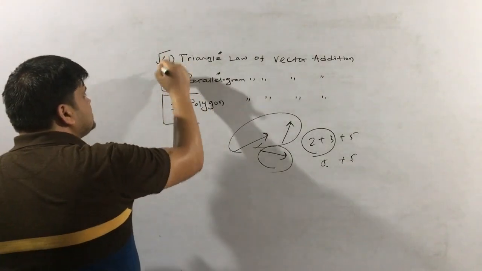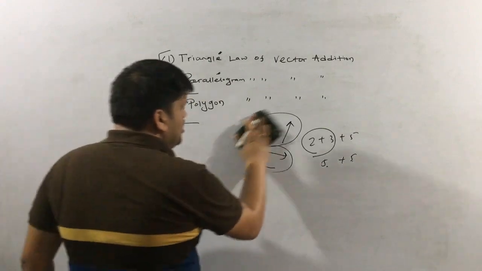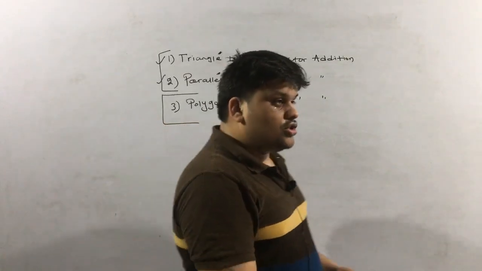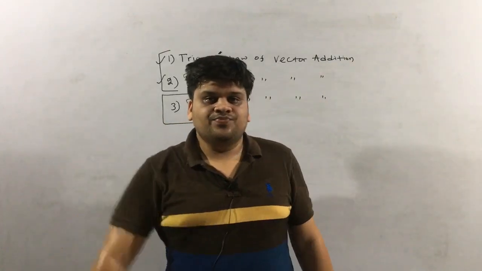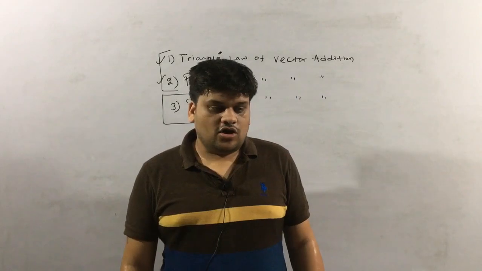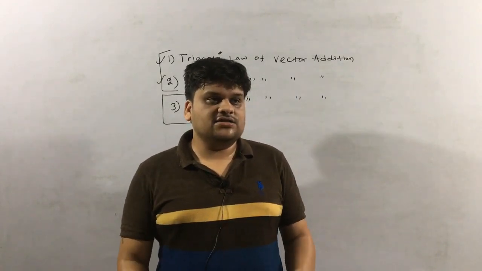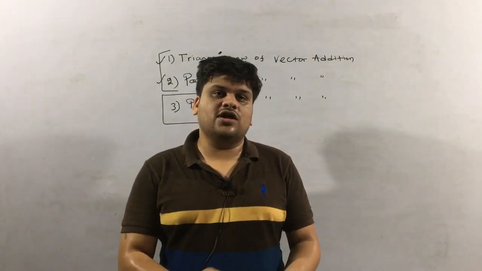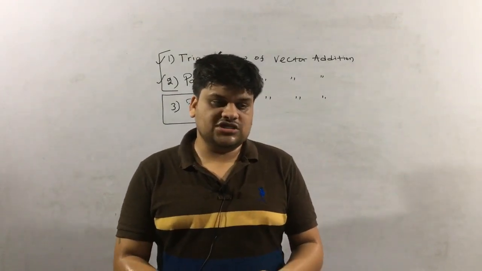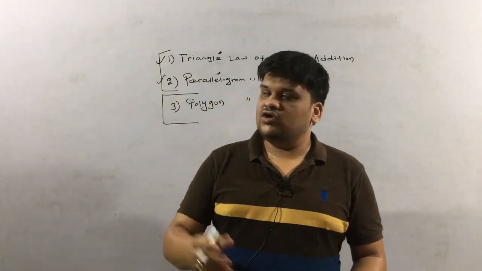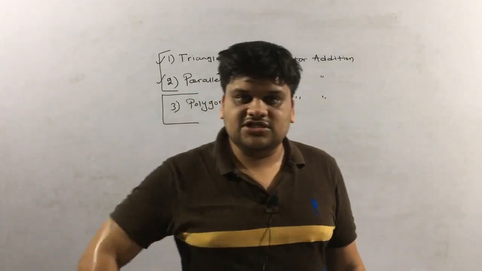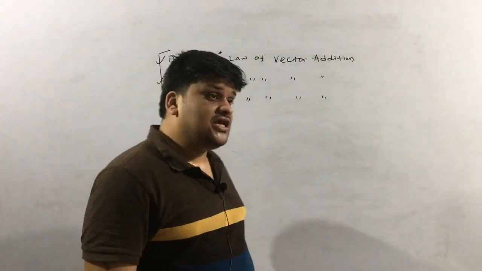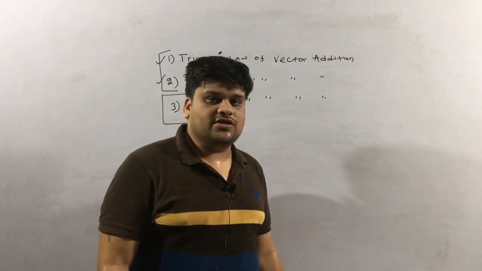Now again, why this law and this law? Triangle law and parallelogram law, the formula is the same, the answers are the same, but where to use which law, that method is different. Sometimes you may find that the triangle law will be easier to use, and sometimes you may find that the parallelogram law will be easier to use, because they are defined like that. While we learn, we can know the differences between them, and where to use triangle law and where to use parallelogram law. Otherwise they will give the same answer.